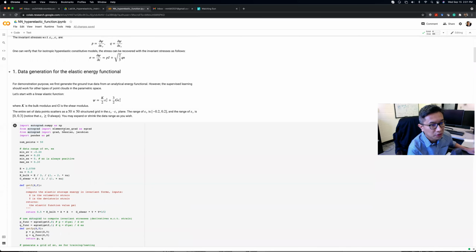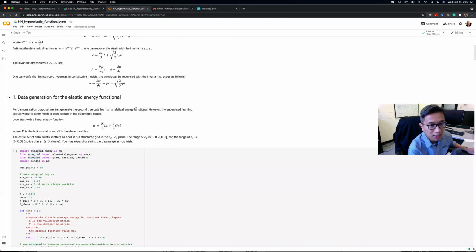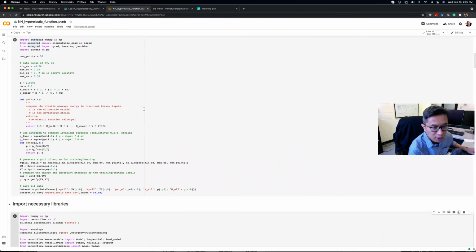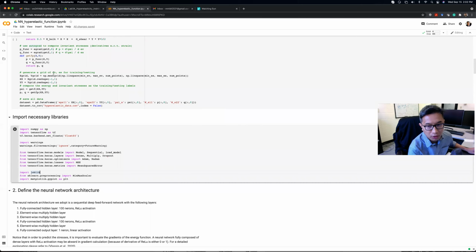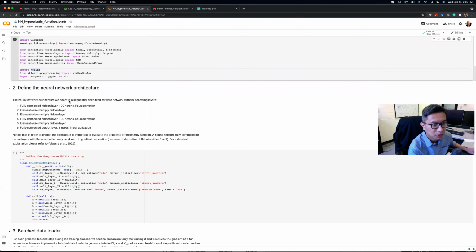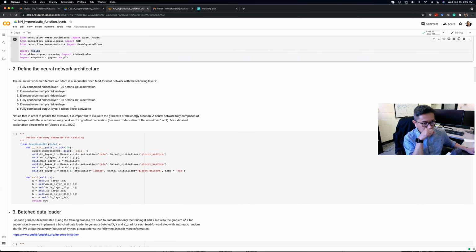So here is the second section, after the first section about preparing the data and importing the right libraries. By now we have made all the preparations, and we are going to start to build the neural network. Okay. So here we will do a few numerical experiments. We will have a fully connected hidden layer with 100 neurons, and then use the ReLU activation function. And then we will add a multiplier layer twice to increase the continuity. Notice that the ReLU activation function is a piecewise linear continuous